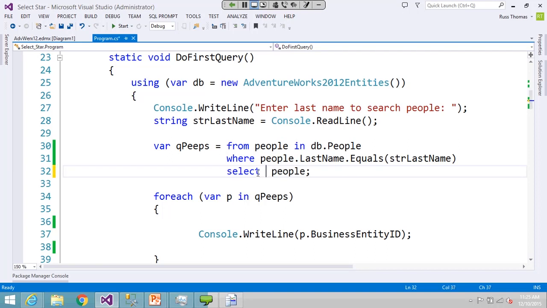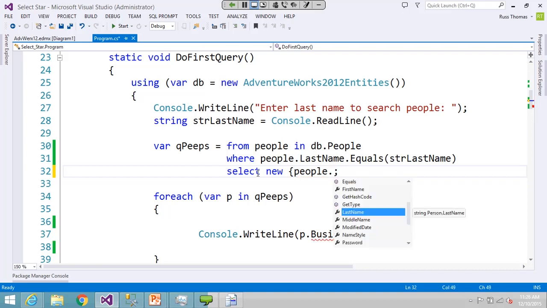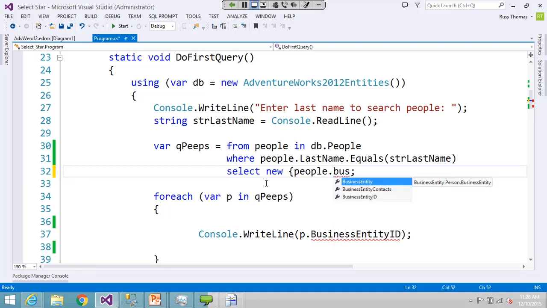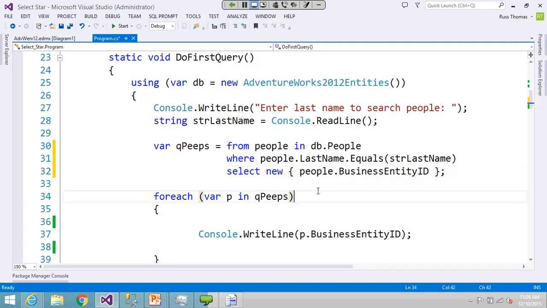What I want to do here is I don't want to select the entire people object. I want to select a new object that is made up of a smaller object that is just a subset of that. So if my business case is I only want back the business entity ID, I don't need to select the entire object. I can just select new people business entity ID. And this will allow my query, it now knows this is the only thing I'm interested in, so when it converts this to T-SQL,